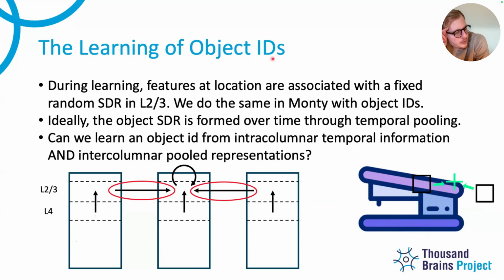Because there's no transfer of knowledge, I guess, from one column to the other, is the idea that you avoid needing to do that in the first place? It depends what you mean by transfer, because when we form an object ID here and it's taken into consideration, it's formed by just looking at the neighboring columns and its information over time. I would think it's not transfer, but representing the object ID in terms of features around it, from neighboring columns and from its own. So it's more binding than transfer, but I don't know if this word makes sense to you.